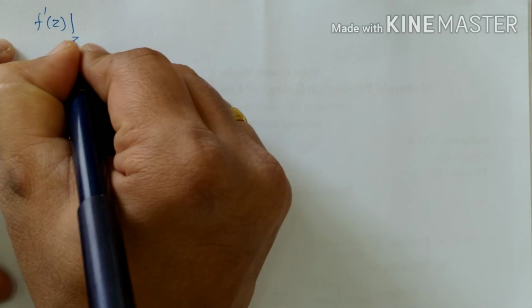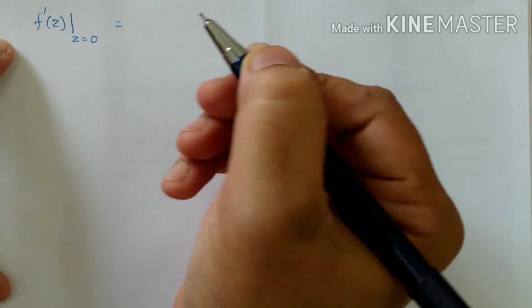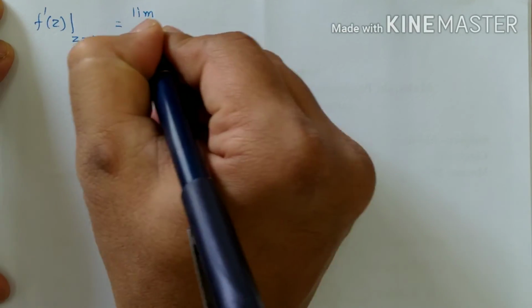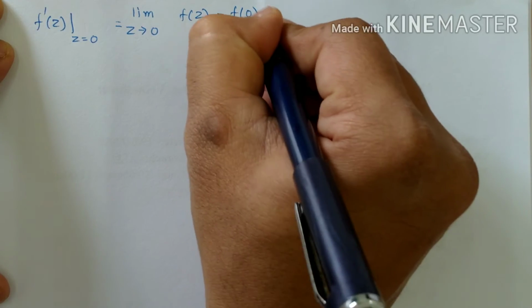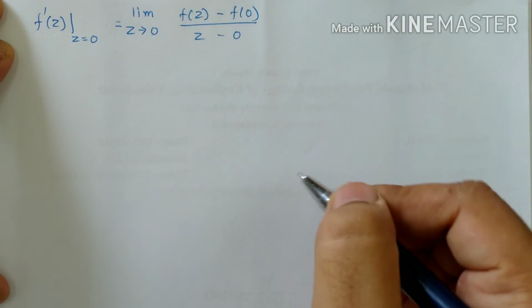Now our second part of the question is show that the function is not analytic. So now how to show the function is not analytic? The one way is we will follow the definition of analytic function. The definition is if the function is differentiable at a point, we say it is analytic at that point, and we have to check analyticity at origin only. So f dash of z, that is derivative of f of z at z equal to 0, equals, by the definition of differentiability of f of z, limit z tends to 0, f of z minus f of 0 divided by z minus 0.